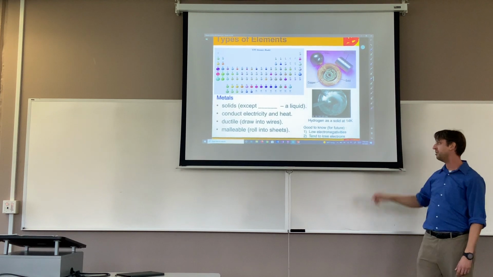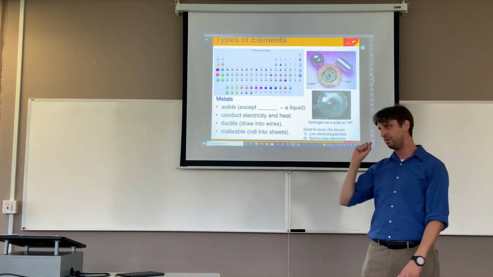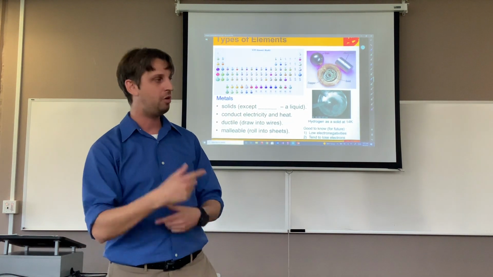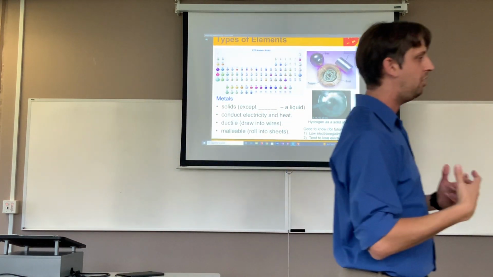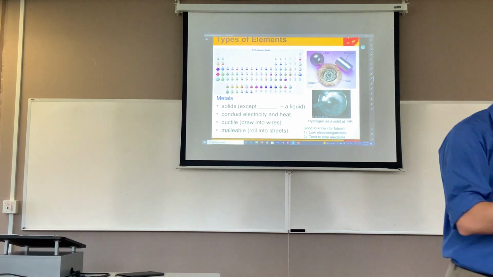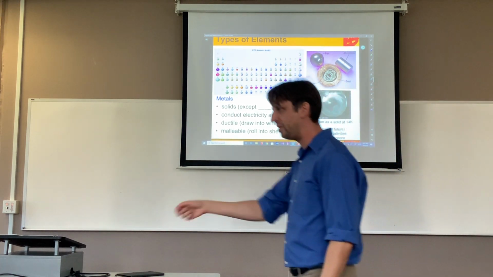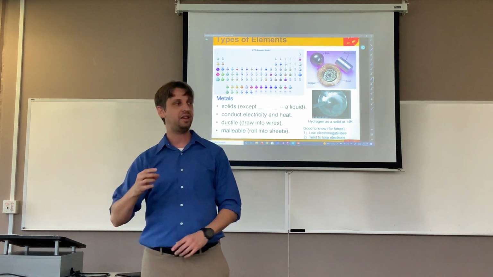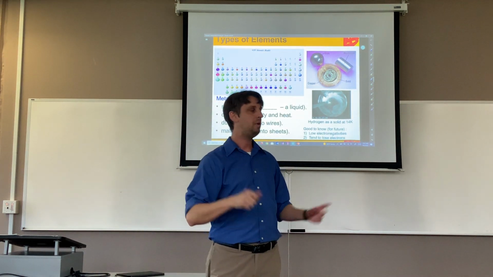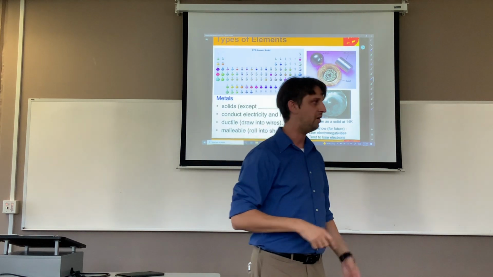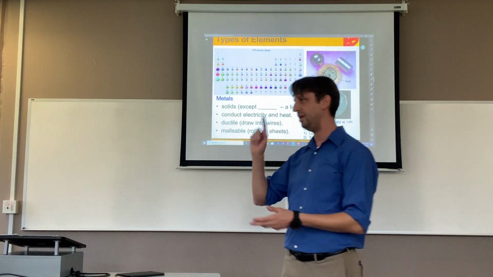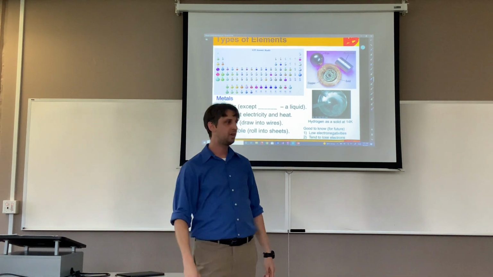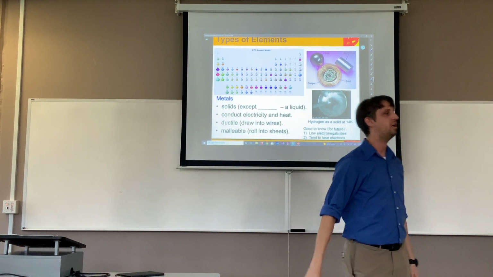They tend to have low electronegativities and lose electrons. We're going to talk about exactly what that means, but you're going to start to see me talk about that property over and over and over again. Why am I mentioning this to you right now? One of the first things that we're going to have to be able to classify is whether it is a metal or a non-metal. And as soon as you classify something as a metal, we can start to think about these different properties that come with it. They tend to be solids, they have low electronegativities, and all that kind of stuff. Okay? Sound good?